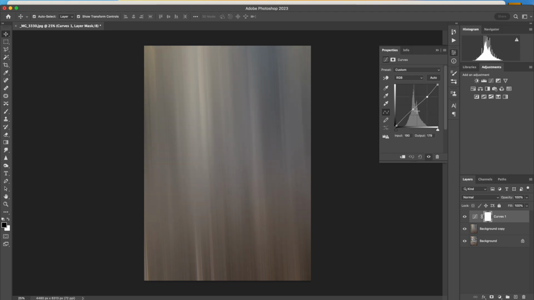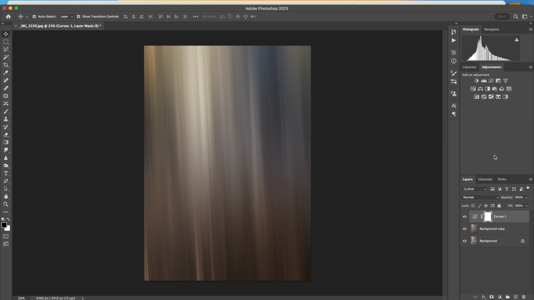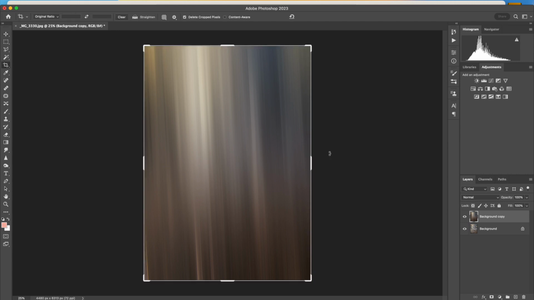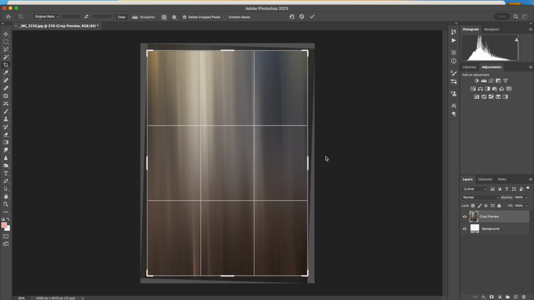I'll select the highlights. Now what I'll do is I'll just drag the blacks down, because what I want to try and get is some form of definition in those streaks, and I'll push up the highlights so we get a brightness. So as you've probably noticed, if you're quite creative, these could make some nice backgrounds as well for certain images. So what I'll do is I'll rotate that around just so that it's a wee bit straighter